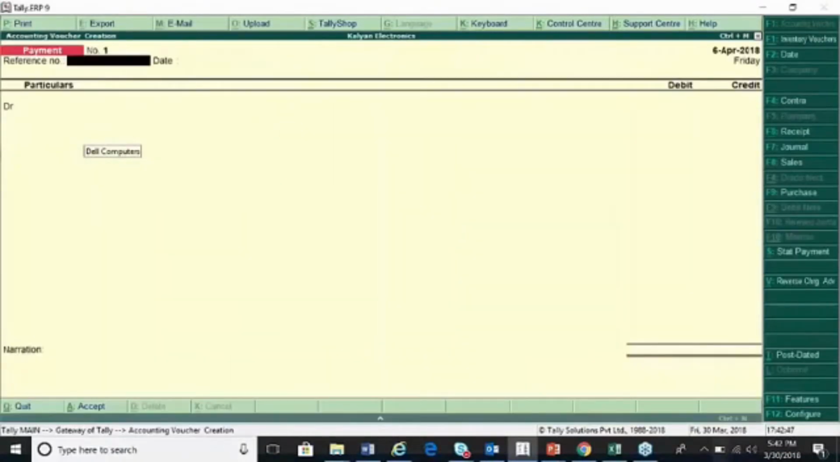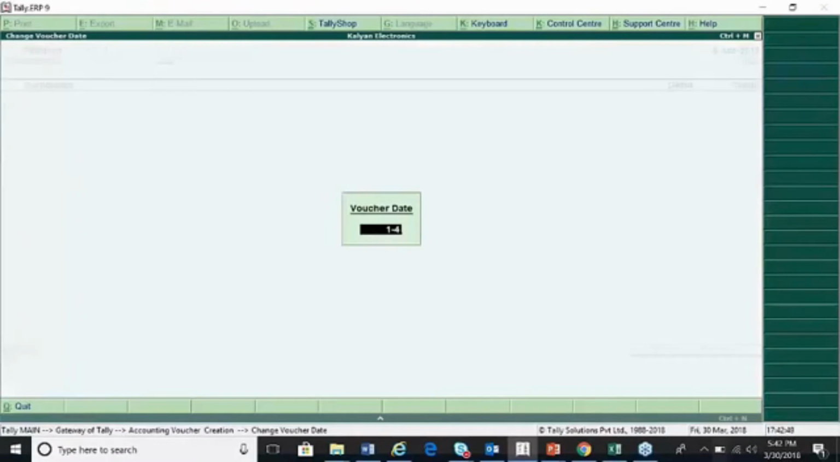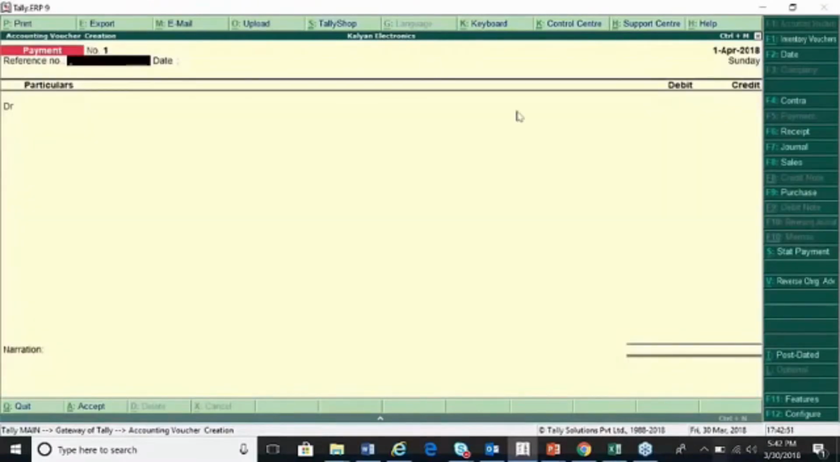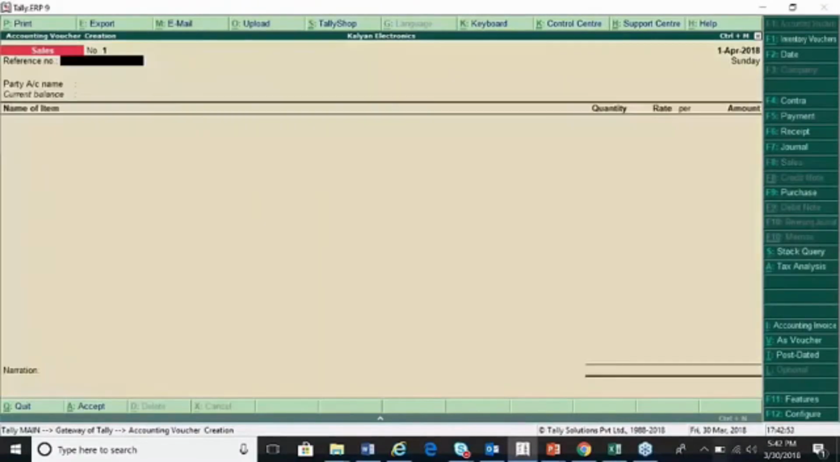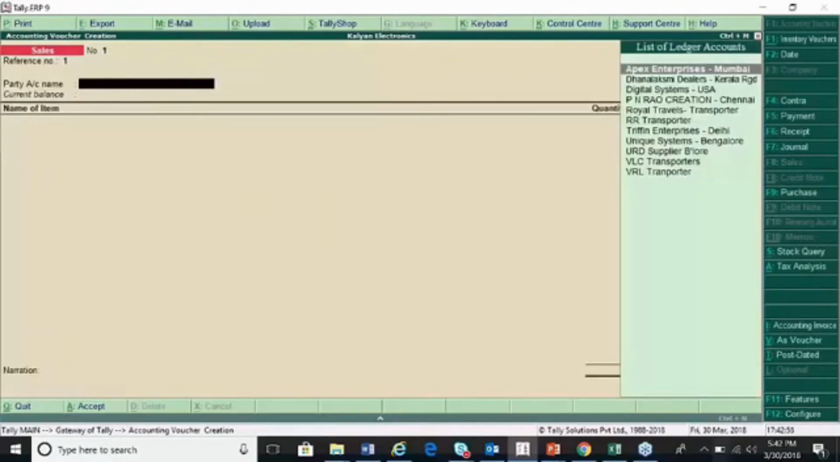Accounting vouchers. So let us do as on 1st of April, which is getting mandated here. Click on sales. This is the first bill. And let us say Kalyan Electronics, who is in Kerala, Thrissur, is sending goods to Mumbai, Apex Enterprises, Mumbai. So you can observe here, the moment I enter the details,